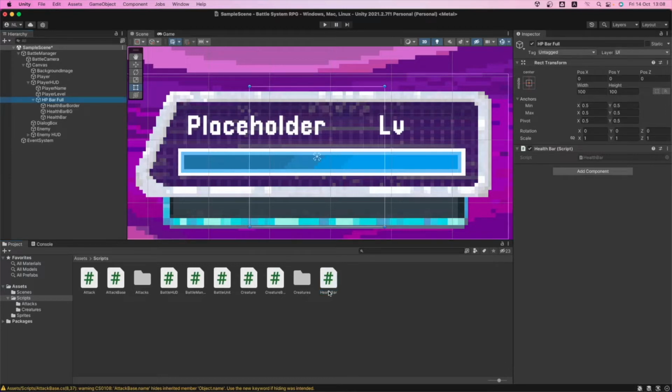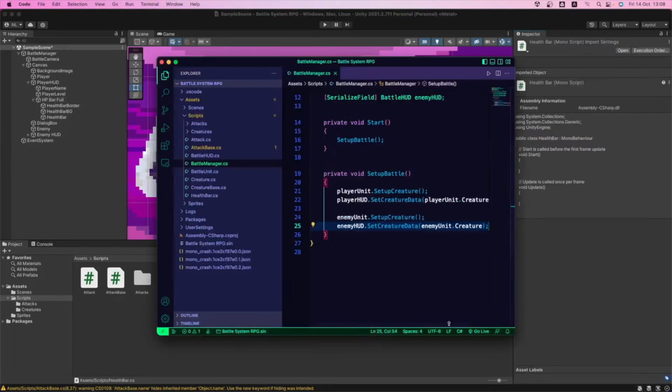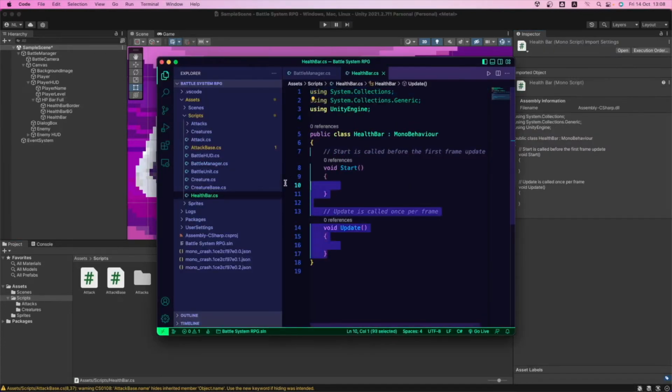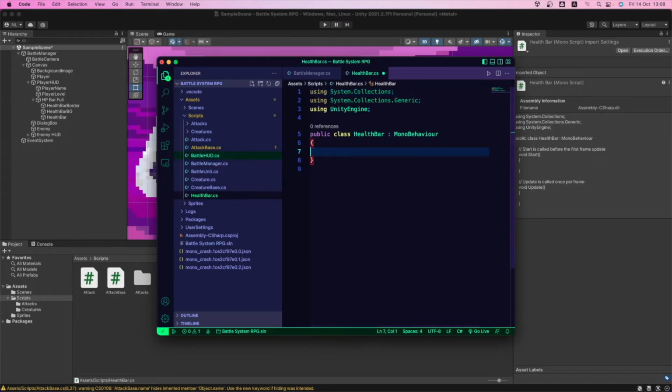So let's select it and add it as a component. Great. Okay, so we're gonna remove this, duplicate it. Great, so we need it there as a component of this object, HP bar full. So let's go into editing it, and we're gonna erase this, and we're gonna start coding. And first, we need a variable for our health bar, the blue one. So we're gonna name this health bar.